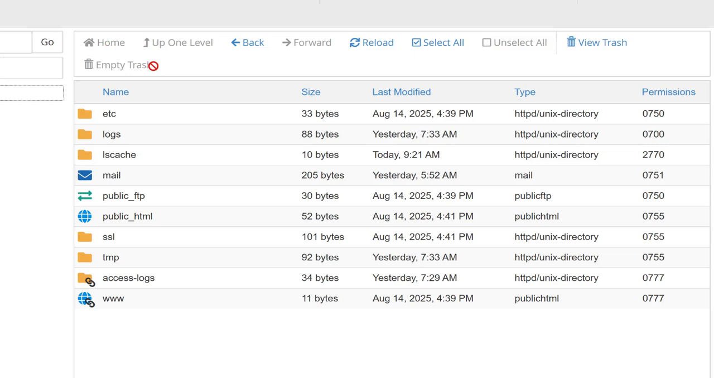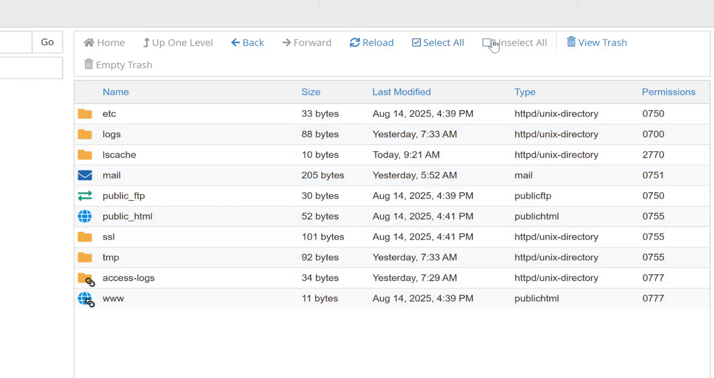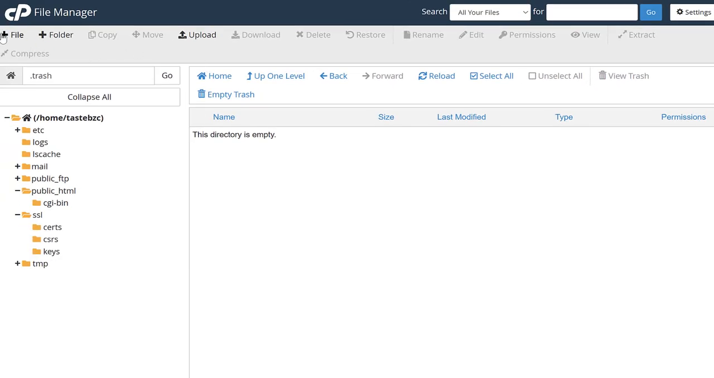Then on the top here, you see that there is a back icon. Then we cannot move forward, but we can reload. Then you can select all, and you can also maybe unselect all. Then you can also view trash, and apparently it is empty. And then at the top here, it's more like the nav, but anyway, the header section here,